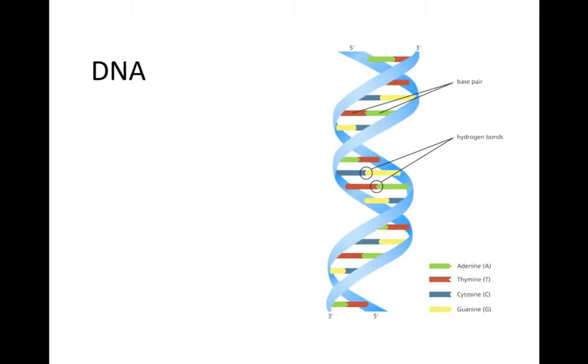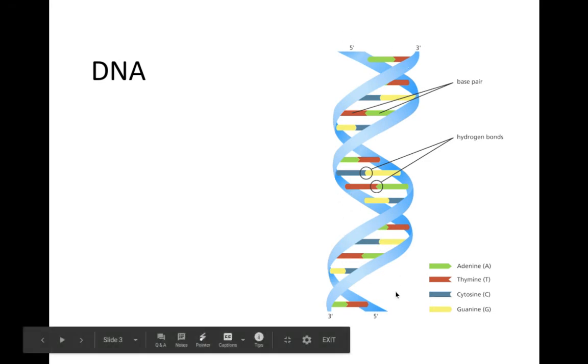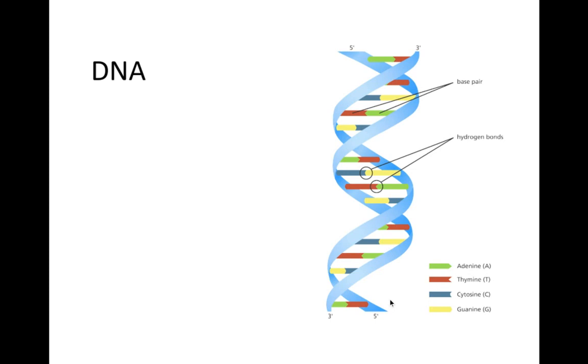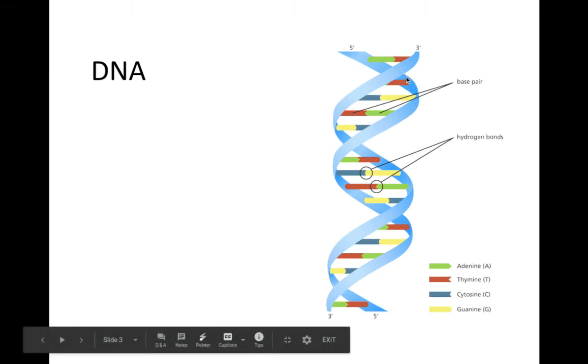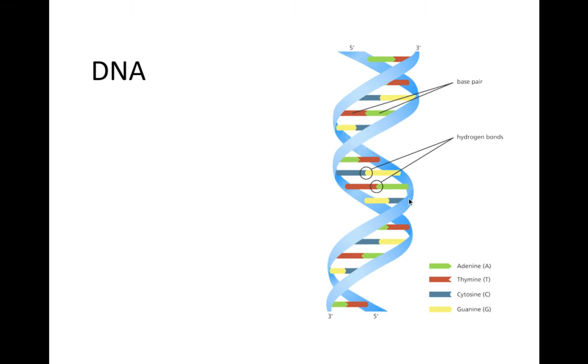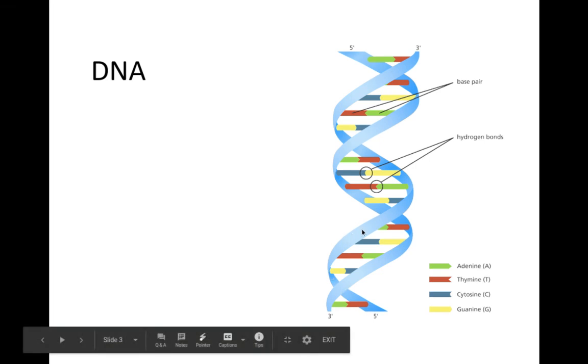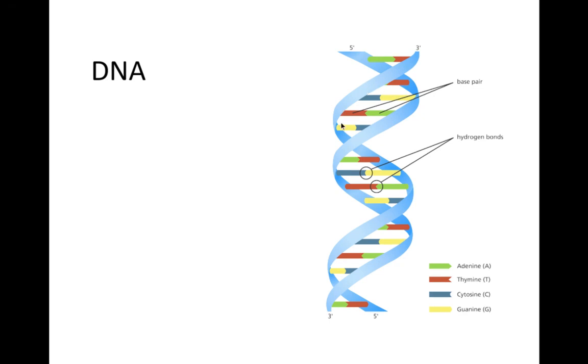So this is DNA, okay? We know it has this structure. Now, this shape we call a double helix. And you find it in the nucleus in your cell. Let me just talk about the structure first. So, first, let's talk about this bit at the side, this light blue side, okay? This is called deoxyribose. It's like a sugar, not the sugar that you have in your coffee, but a different kind of sugar,